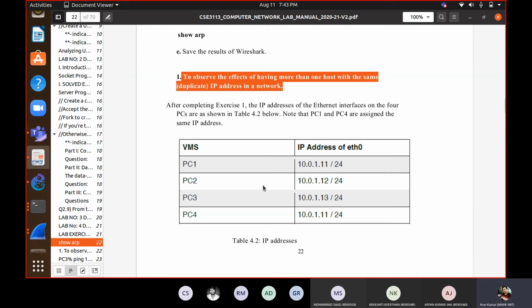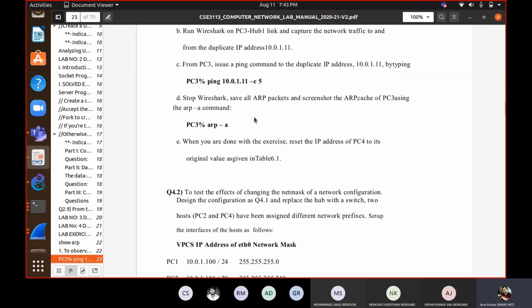Just to give you a feeling for that sort of problem, this question was designed. But now it is irrelevant. Here they are asking you to make the addresses of PC1 and PC4 the same. But the moment you do it, it will say that this MAC address has already used this IP address, you can no longer use it. So that much observation you can write corresponding to this part.